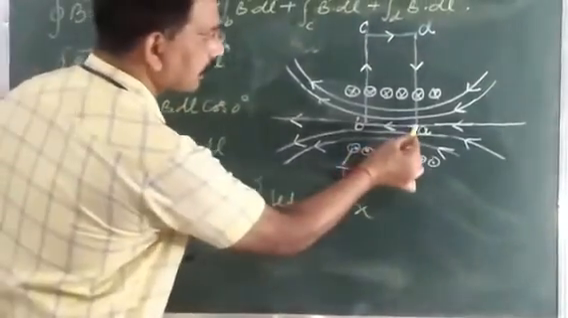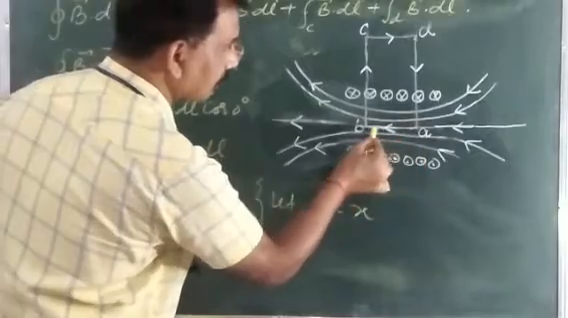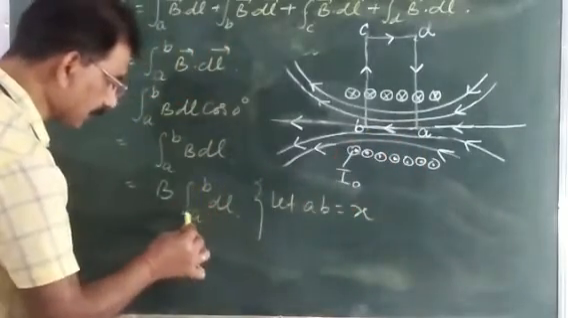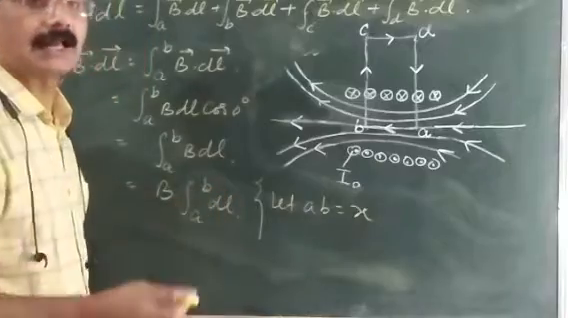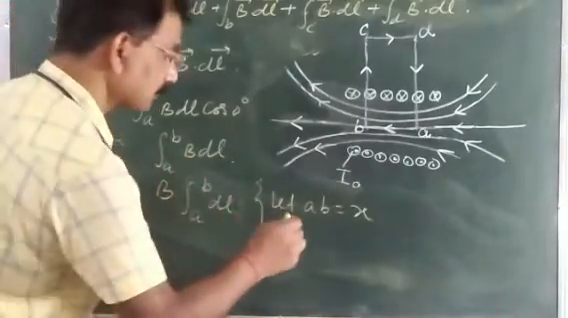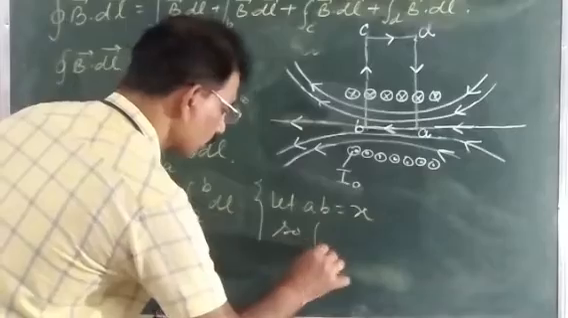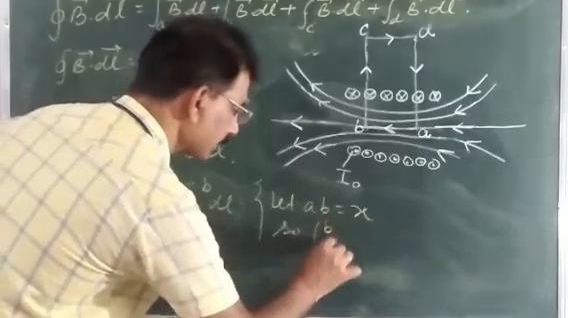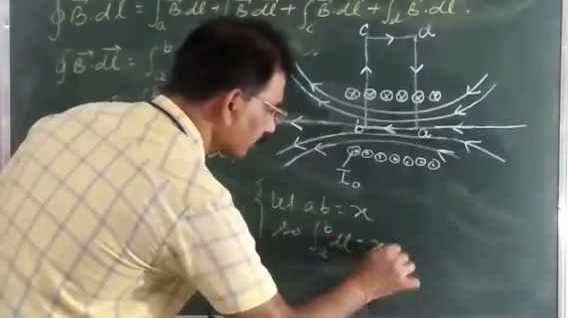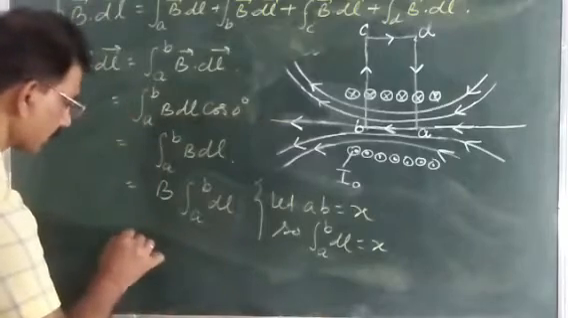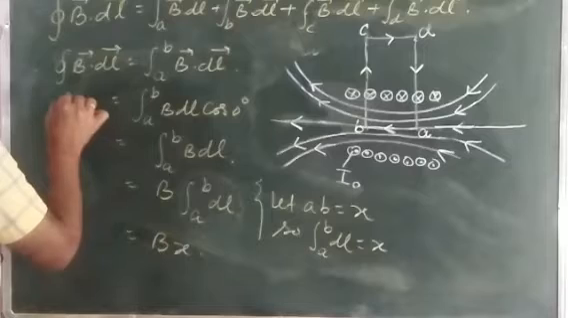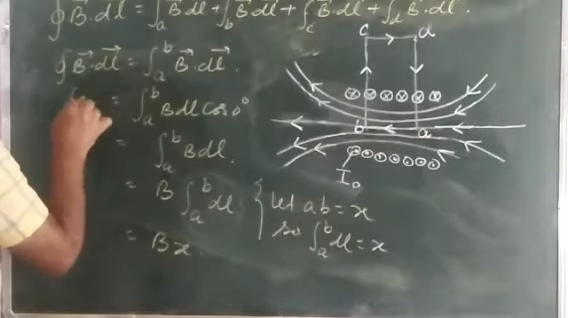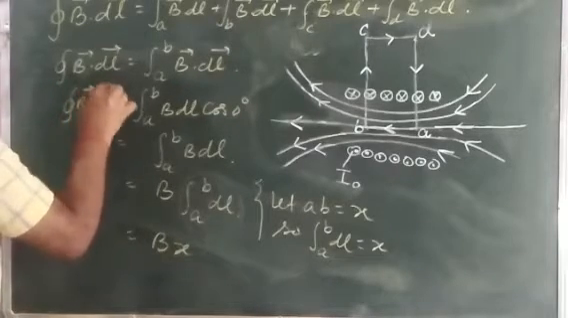हमने मान लिया ये लेंथ AB जो है वो x के बराबर है. तो होल इंटीग्रेशन A to B dl ये पूरा क्वांटिटी किसके बराबर हो जाएगा? x के बराबर हो जाएगा. So A to B dl is equal to x, and now we can write this is equal to B into x. So finally we will get here the whole integration B dot dl